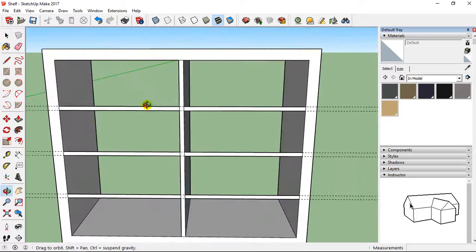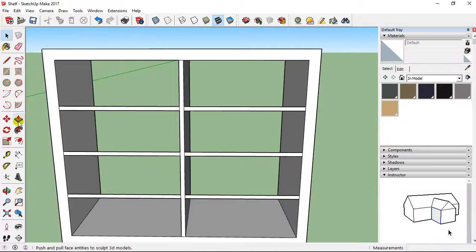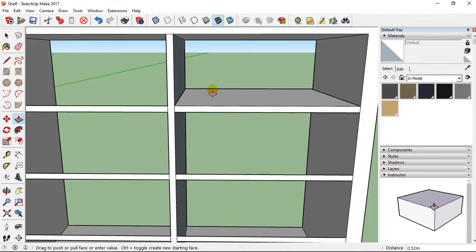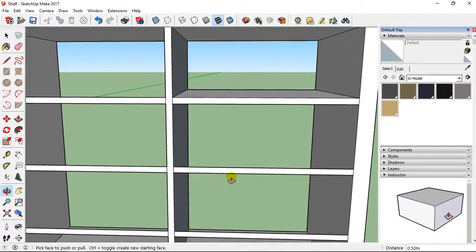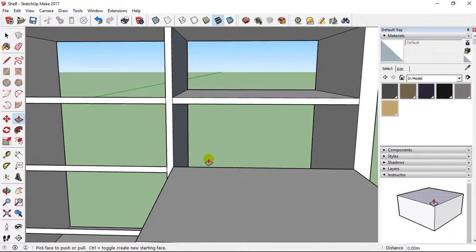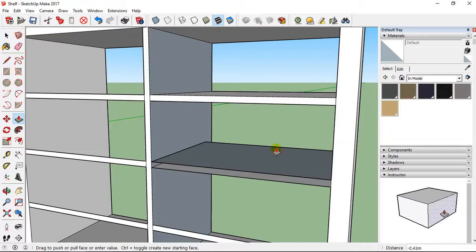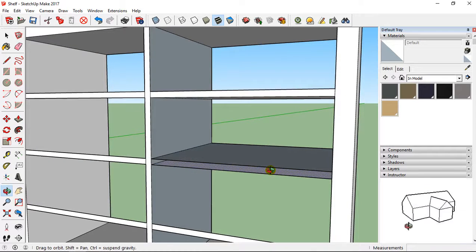So I'm going to add the push-pull. So edit first, delete guides. I take the push-pull tool and I can push for 50 centimeters, like that. After here, double click. It's not the right direction, so I'm going to do this again, 50 centimeters.